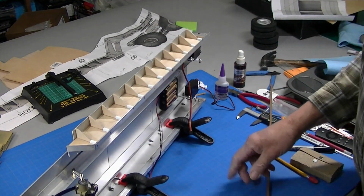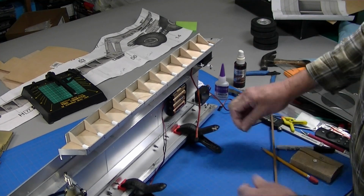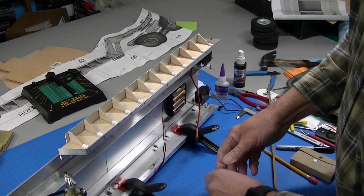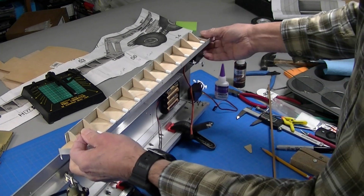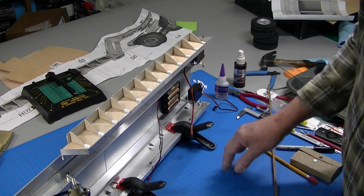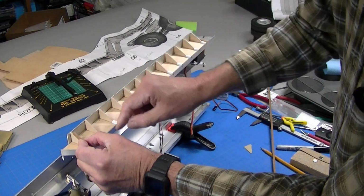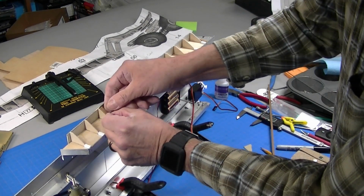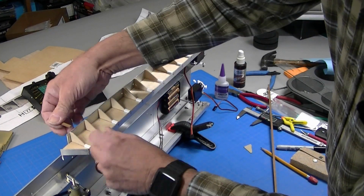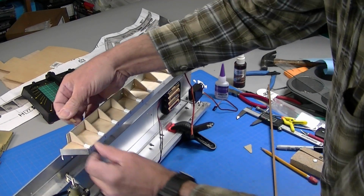I cut a little cardboard template here for my frames, and then cut the frames out of 16th inch plywood. Glued them in. I cut the bottom piece out of a plastic. I'm going to do the T part with a piece of walnut, so I'm going to glue these across here, and then I'll sand them and glue the upper part like that holds on the upper